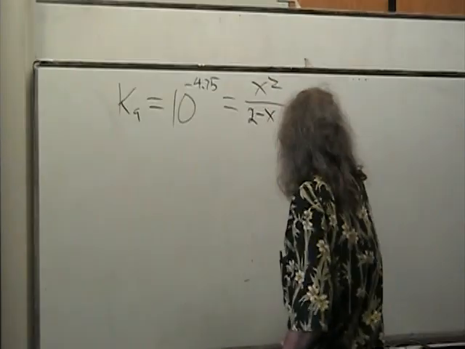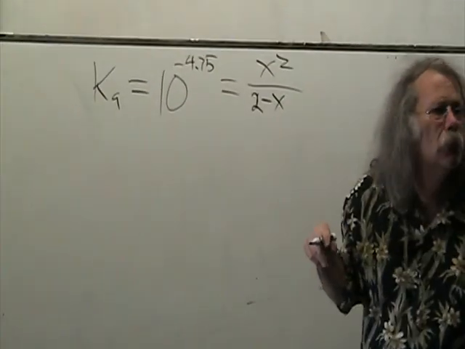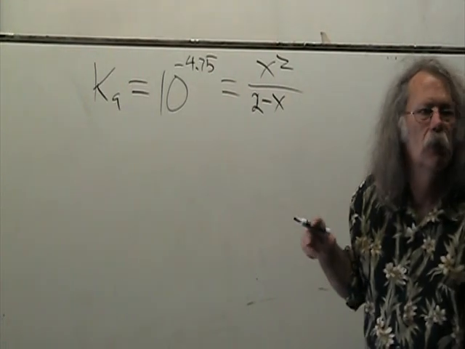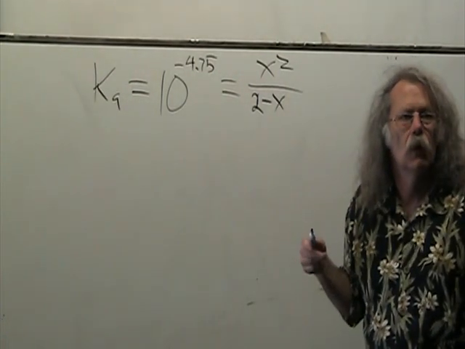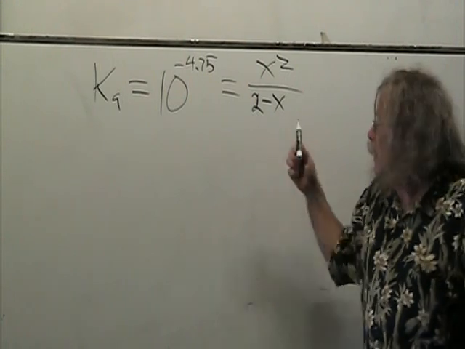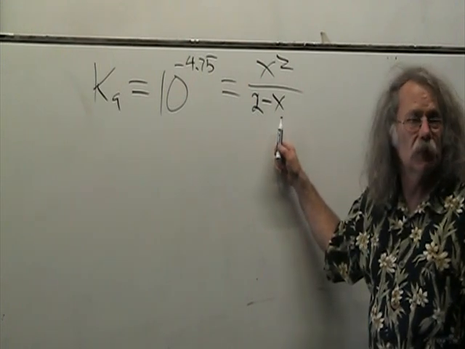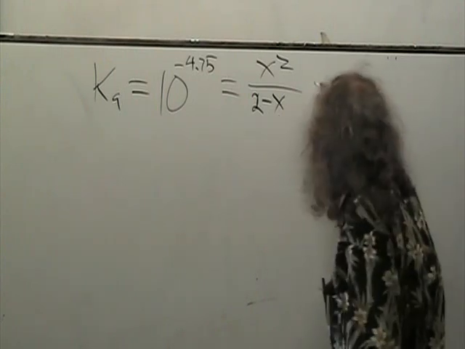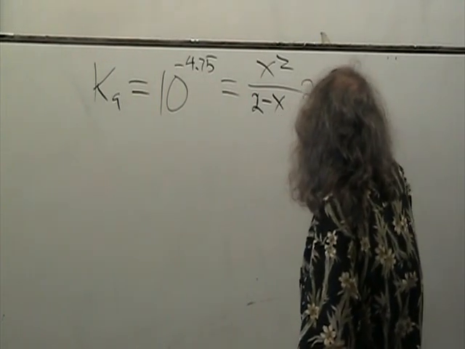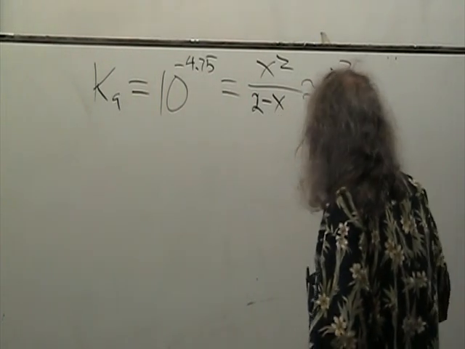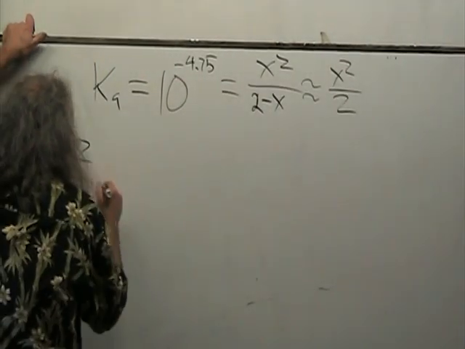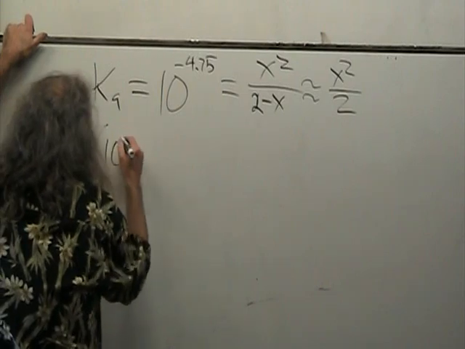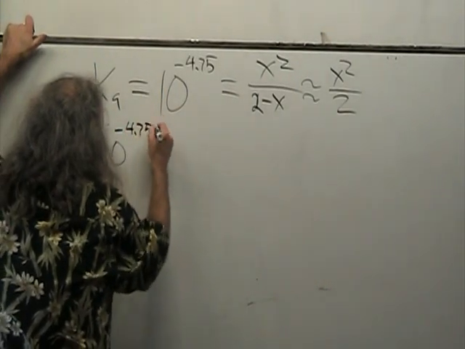And now our approximation is what? X squared over 2. In other words, I can ignore the x term in the denominator. The squiggly line, x squared over 2, and that means that 2 times 10 to the minus 4.75 is